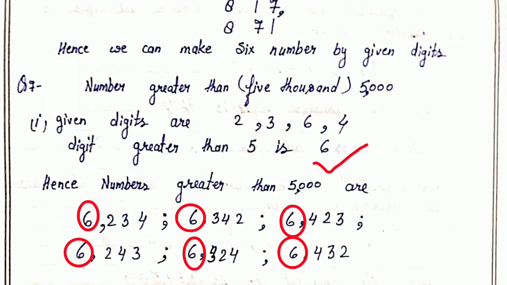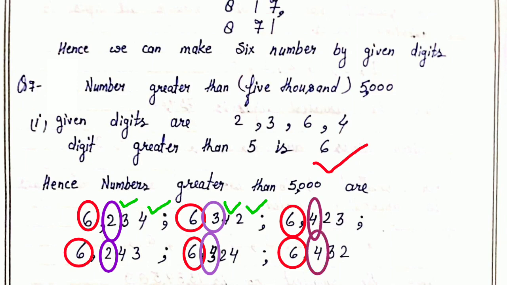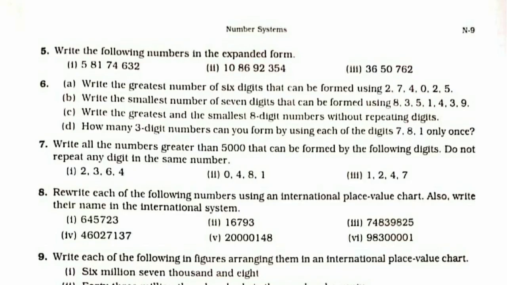So now one time we are sticking 2 at 100 place and then we will interchange 3 and 4. So these 2 possible outcomes will come. Then we will stick 3 at 100 place, then 2 digits will come, then we will exchange 4 and 2 and 2 possible outcomes will come, and then third time we will stick 4 at 100 place and then these 2 possible outcomes can come. So like this 6 numbers we can make. So it is very much simple. So third part and second part you do on your own.